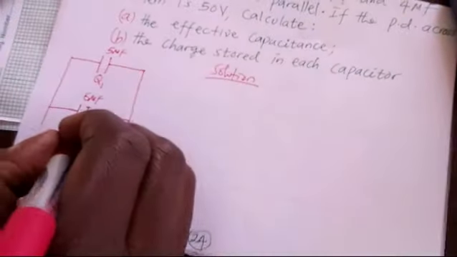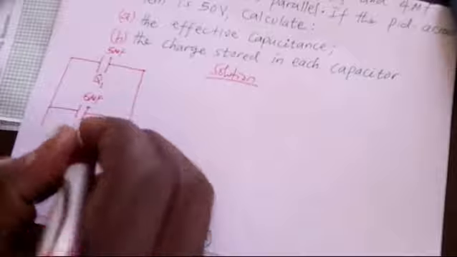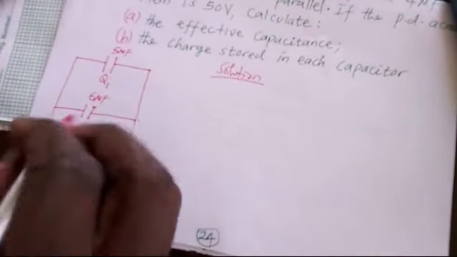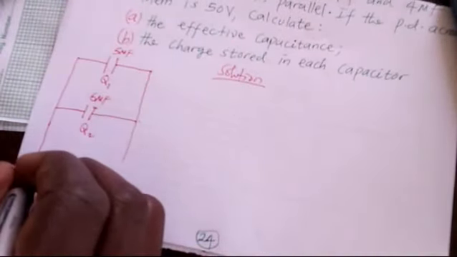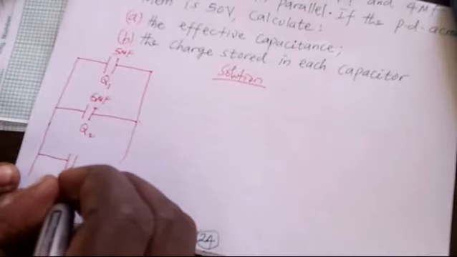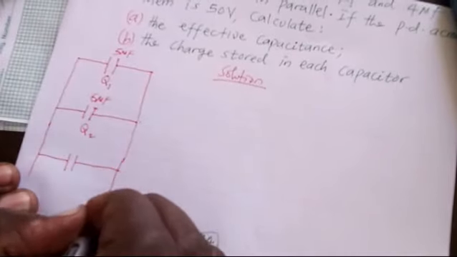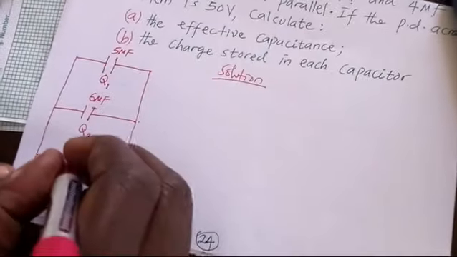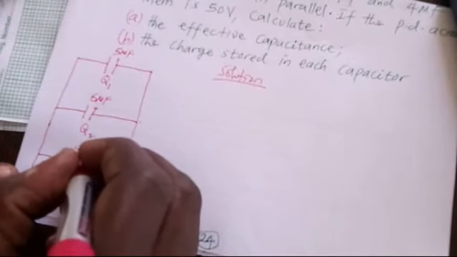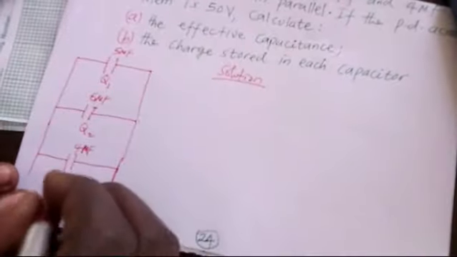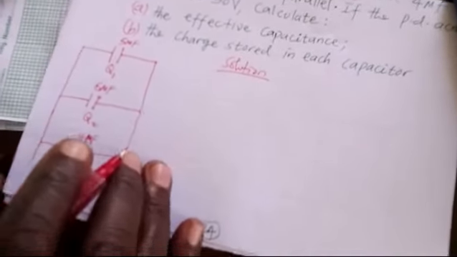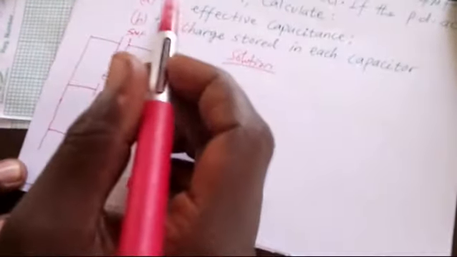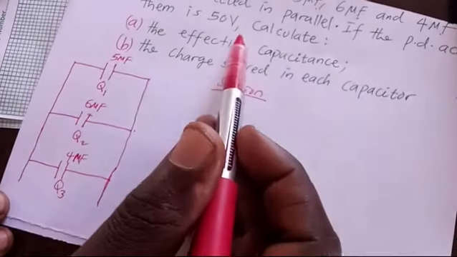The charge stored here, Q2, again we don't know. Then we have the third one, and the third one is 4 microfarad. The charge stored, Q3, we don't know, but we are told that they are connected to a 50